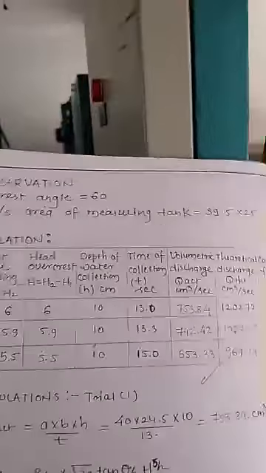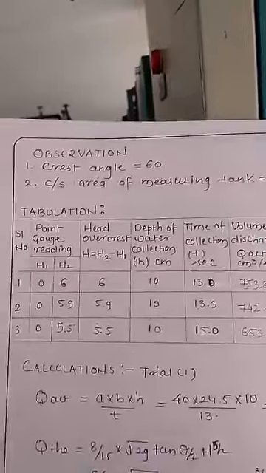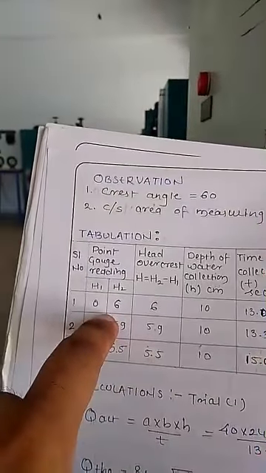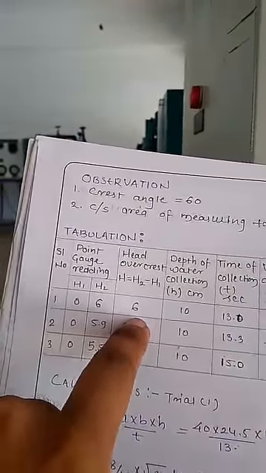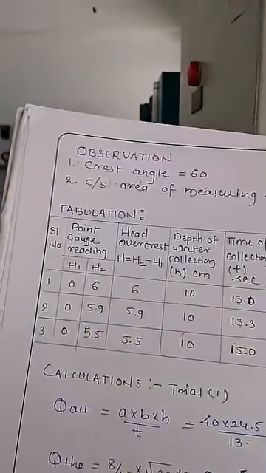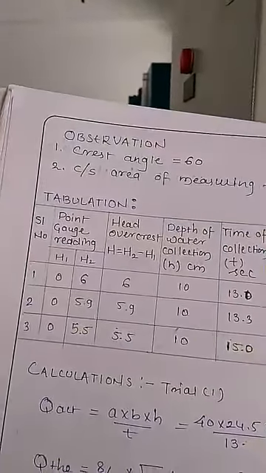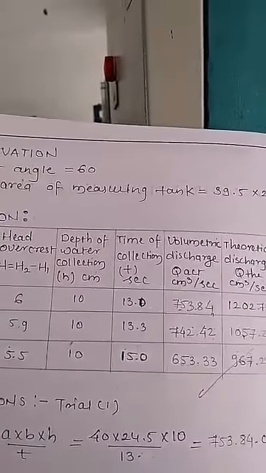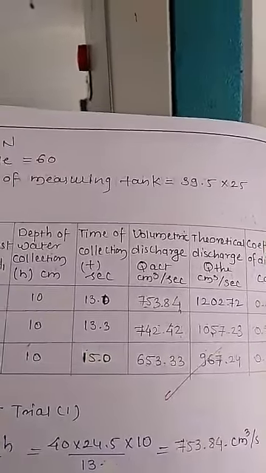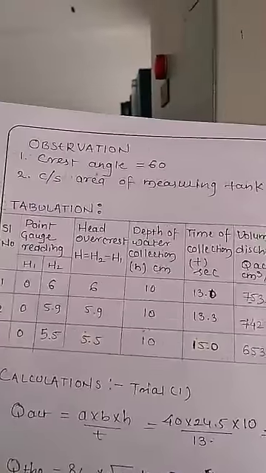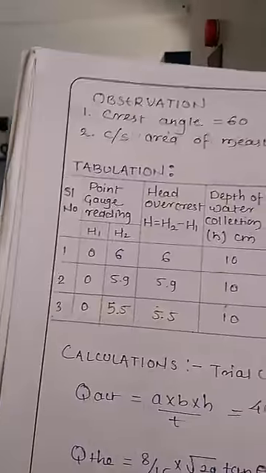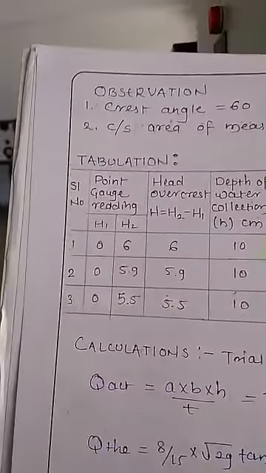Once getting all this, this is for the first trial. Already I have seen H is 0. In our calculation it becomes 5.1, and above the crest it becomes 5.1 only, because 5.1 minus 0 is 5.1 itself. Then the depth of collection in the tank, whatever I have seen: for 10 centimeters the collection time is 13 seconds. Now the same repetition is to be done for the second and third trial. No need to show it, because we just have to regulate the valve for the slowest speed. You have to take down the same readings, and for the last one also it is the same.